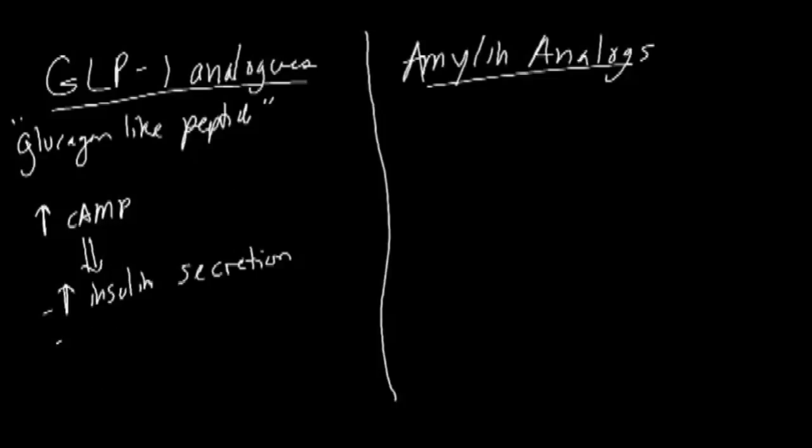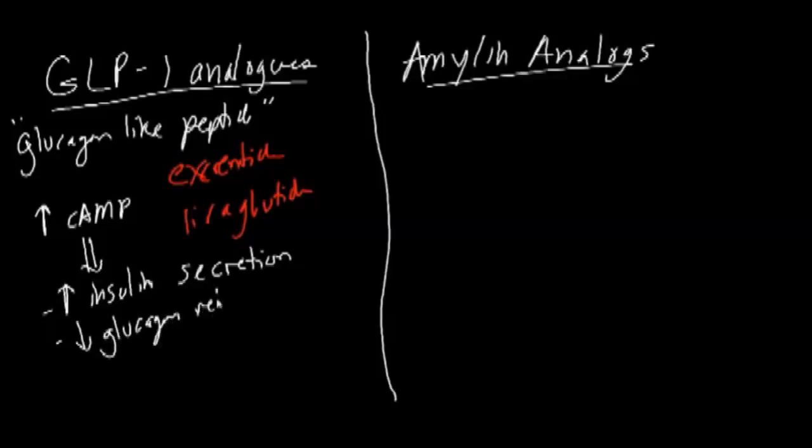There are a couple, I'll talk about the prototypical ones before I move on. I forgot we were going to cover that. Glutide. Okay, go back here. Increase insulin secretion. What you're also going to have is decreased glucagon release. Remember that glucagon is going to increase glucose levels within the bloodstream, and that's not our goal. So exenatide and liraglutide, it's an E, and